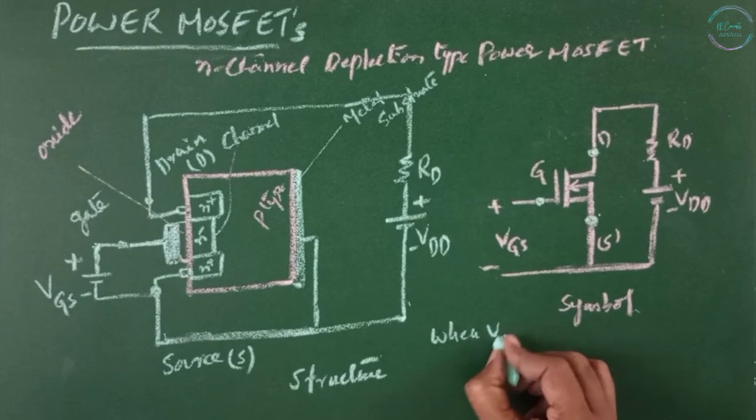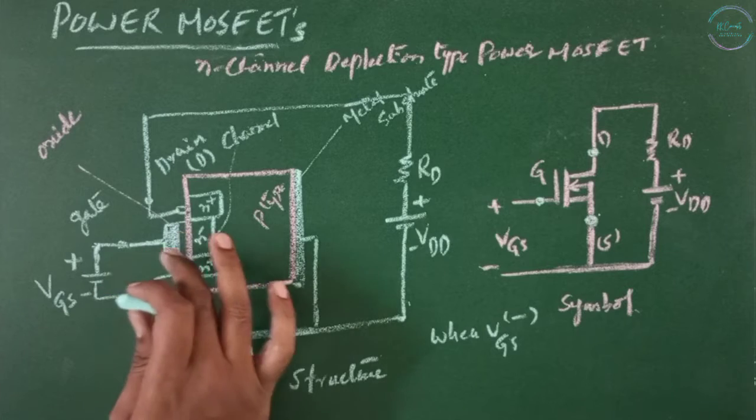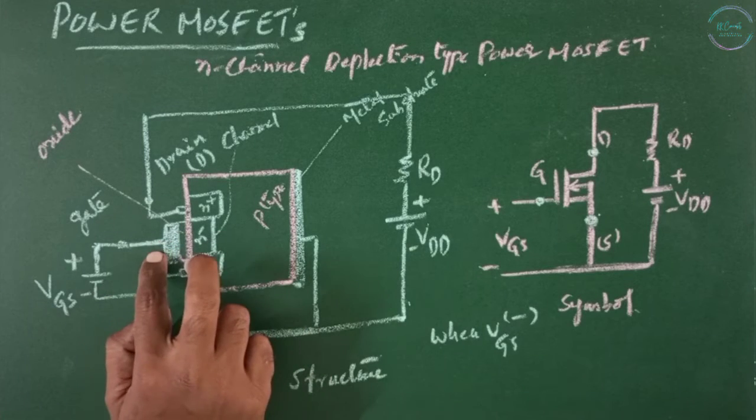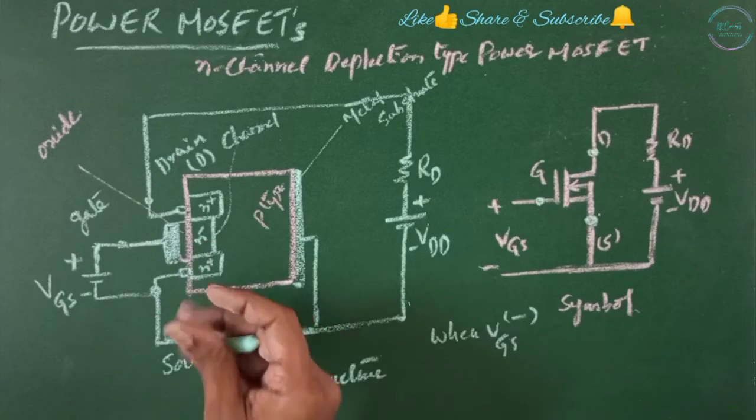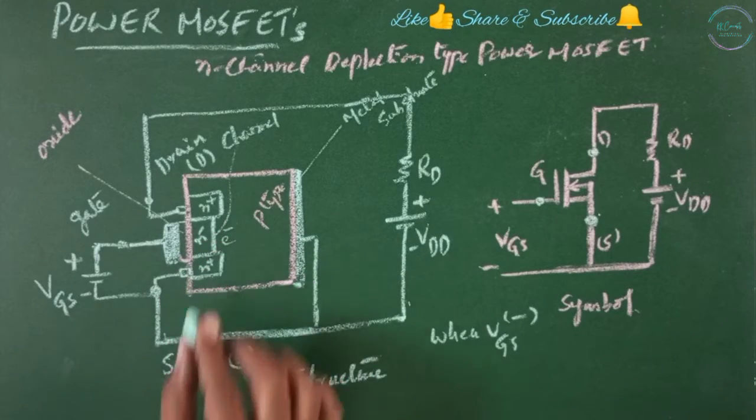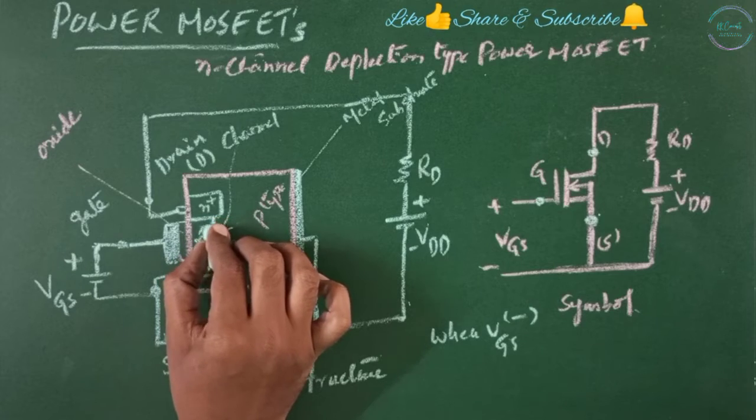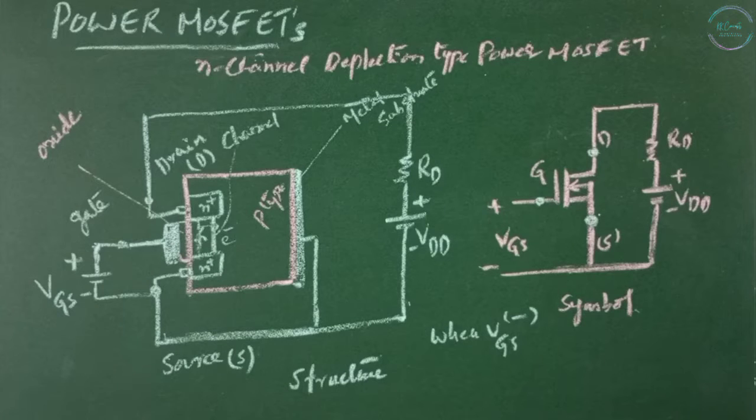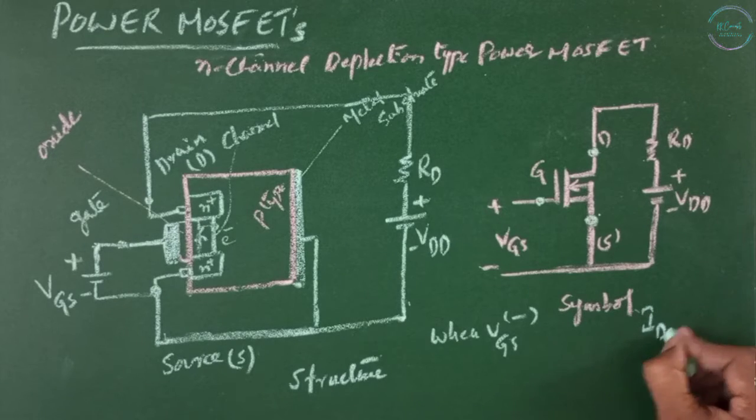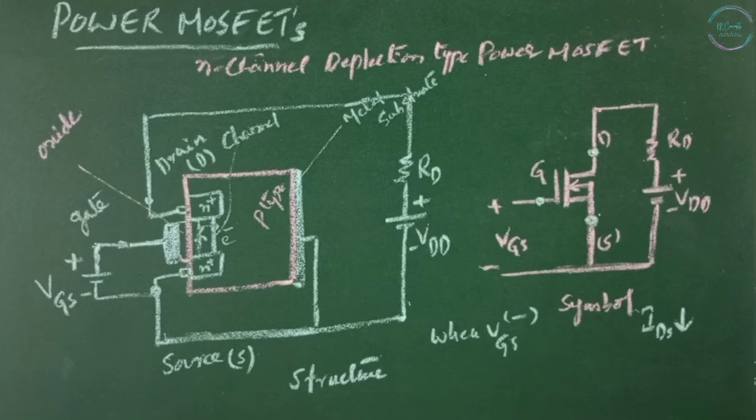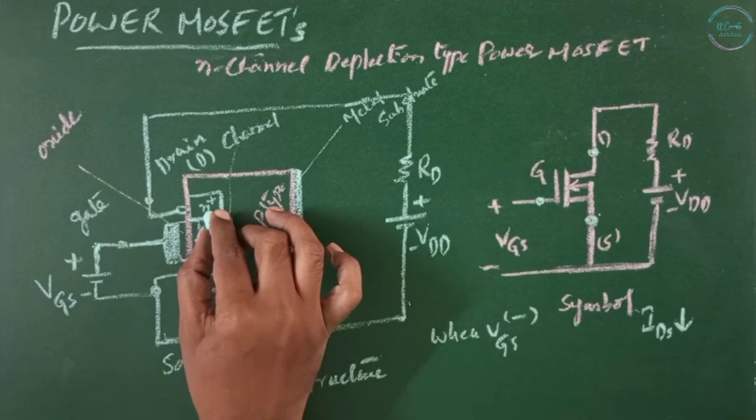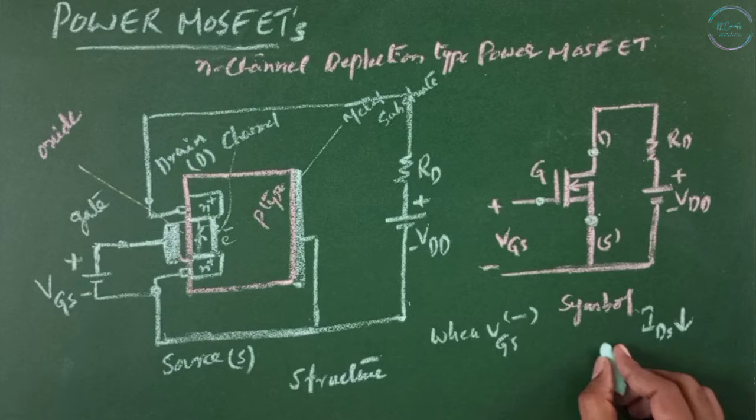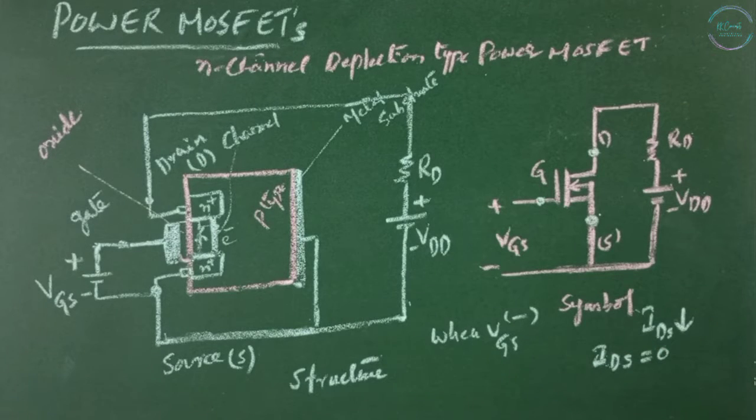When VGS is negative, that is, a negative supply is given to the gate, then what happens? The negative charge, and the N-type material also has negative charge, that is nothing but electrons. So they repel each other, then the electrons tend to move away from the gate, and there will be formation of a depletion layer, which is not going to allow the flow of current from the drain to source. That means IDS is going to decrease. If this voltage is made large enough, the depletion layer is going to increase and the channel is going to close, then IDS will become 0. And that voltage VGS is known as the pinch off voltage,